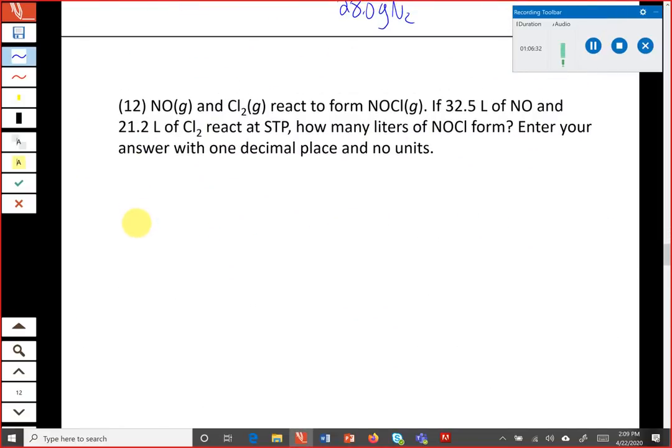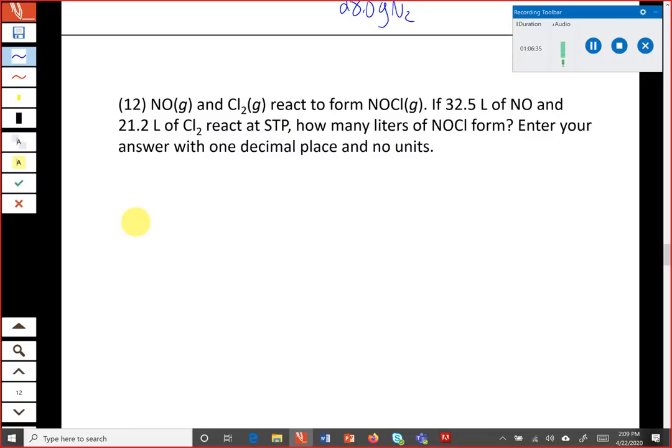So number 12. So number 12 is gas stoichiometry. And there's a couple of variations on gas stoichiometry, but in many cases they involve a stoichiometry calculation in combination with the ideal gas equation PV equals nRT to basically relate moles of one substance to its pressure or volume. Or there's this one here where, as we'll see, we don't actually have to use the ideal gas equation. Okay, so this problem here, we have NO and Cl2 react to form NOCl,